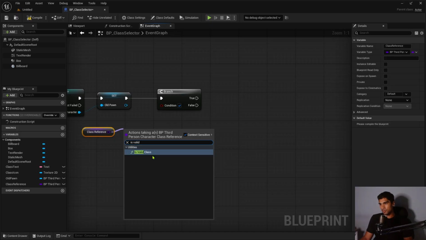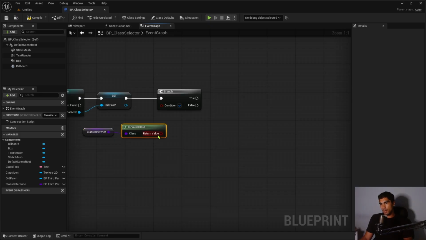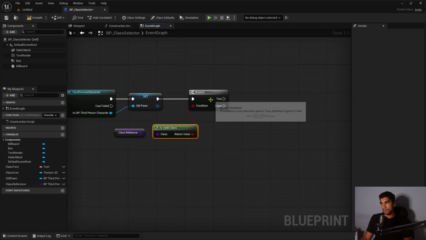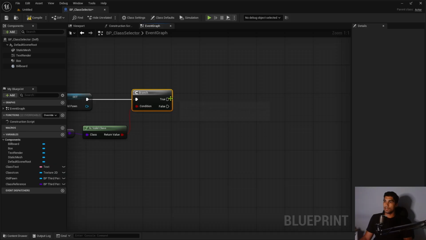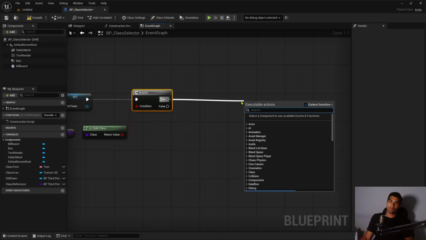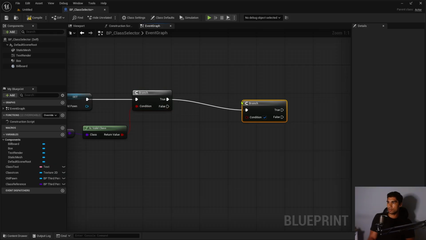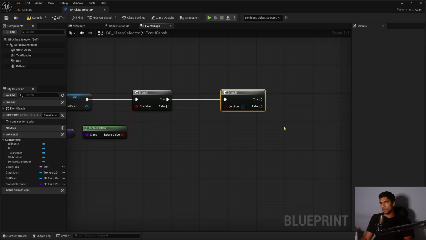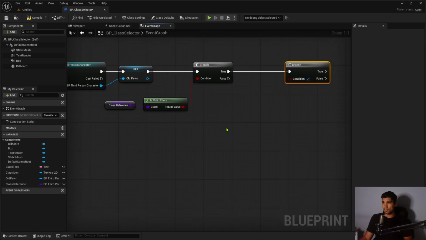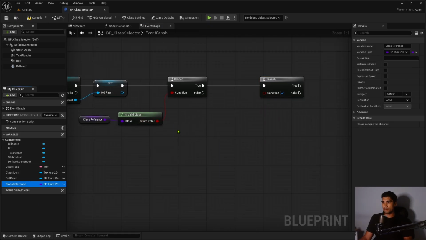My spacebar is super broken. Is valid class, and let me attach that here. And if it is true, then we want it to do another branch condition to check if you're already that class. So we're going to take the class reference we have, and we want to make sure that